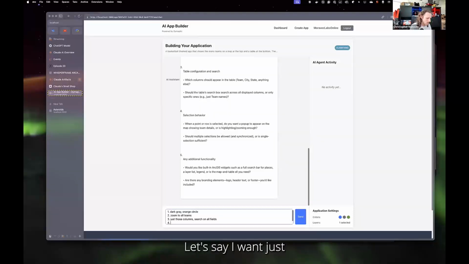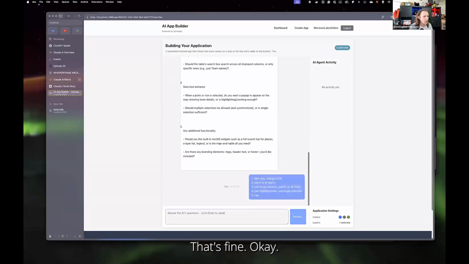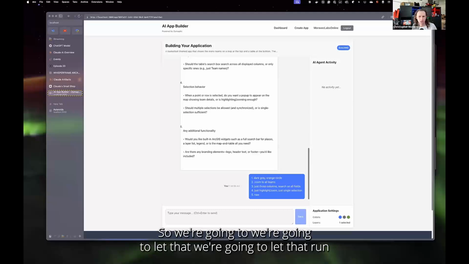Let's say I want just highlight, zoom, and just single selection. Because I just want to go back and forth between the table and the map. Any additional functionality? Any ArcGIS widgets? It's fine. Okay, so we're gonna let that run.